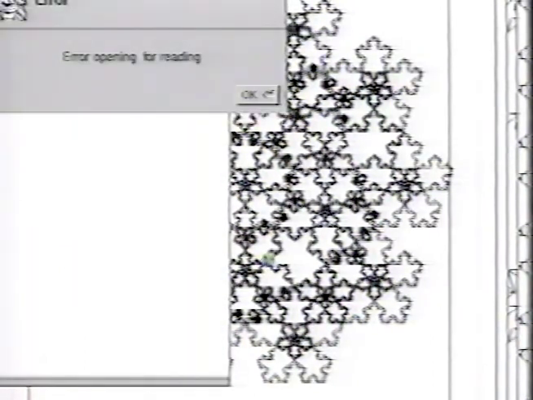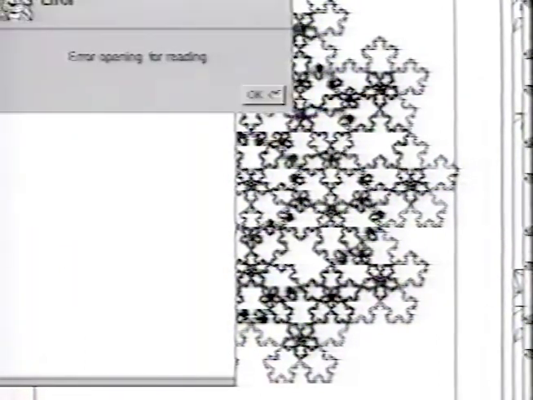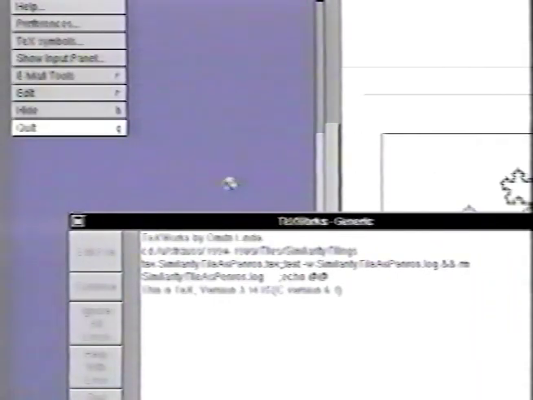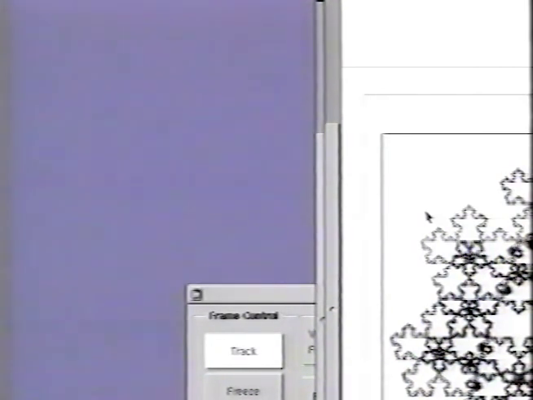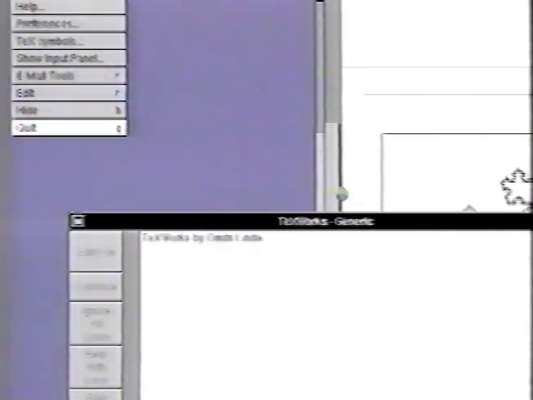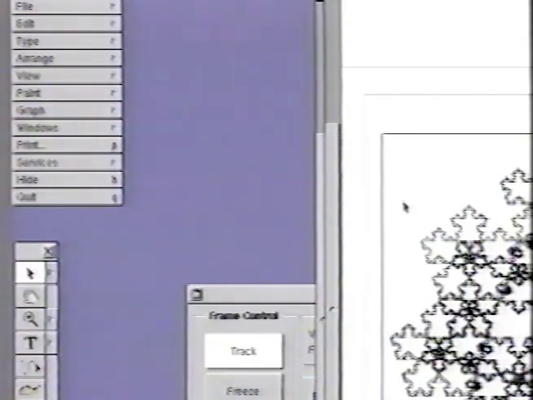Oops. I'm not sure how that happened. I see. Well, I'm too lazy to restart the tape, so